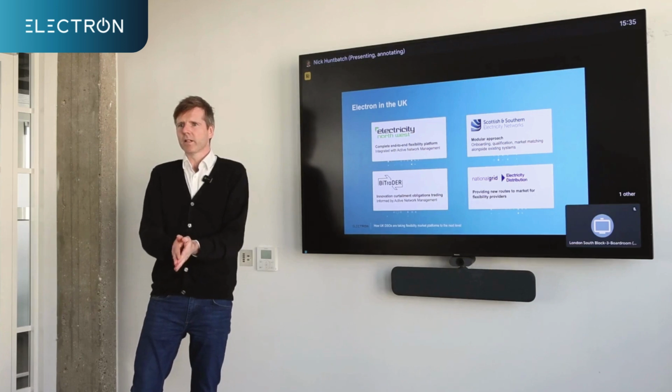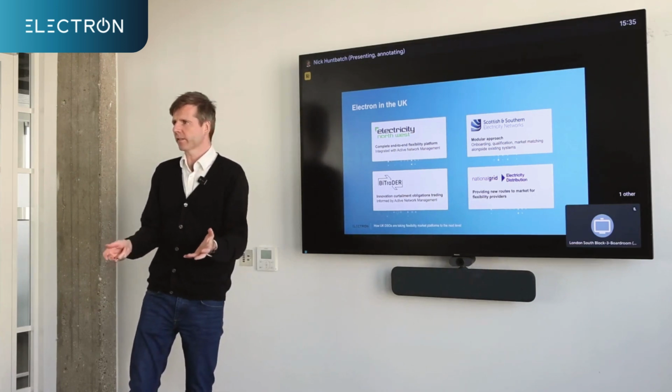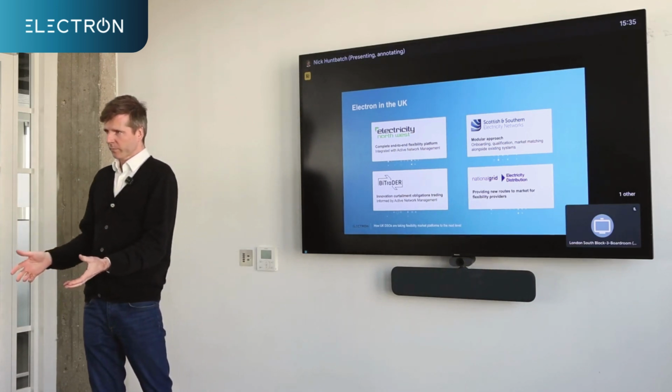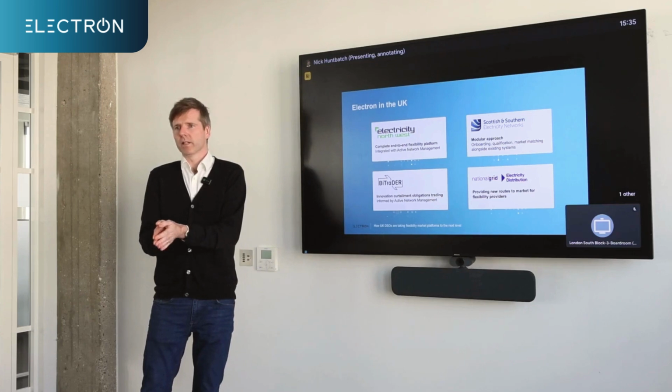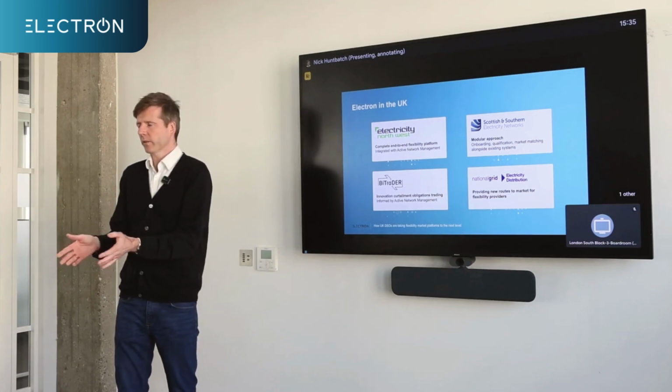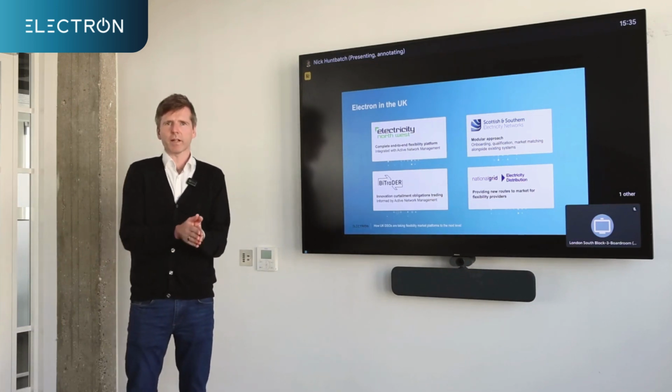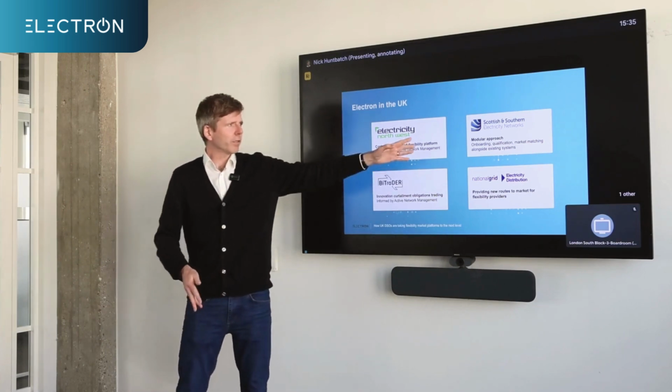We're saying that we can take our platform in a modular sense and we can put it alongside your existing systems. And there's no reason you would replace the system if there's no reason to. So we're saying, if that's the best thing for you, happy days, use it. We can stay alongside it. We can integrate with it. And that's exactly what we're doing with SSEN.